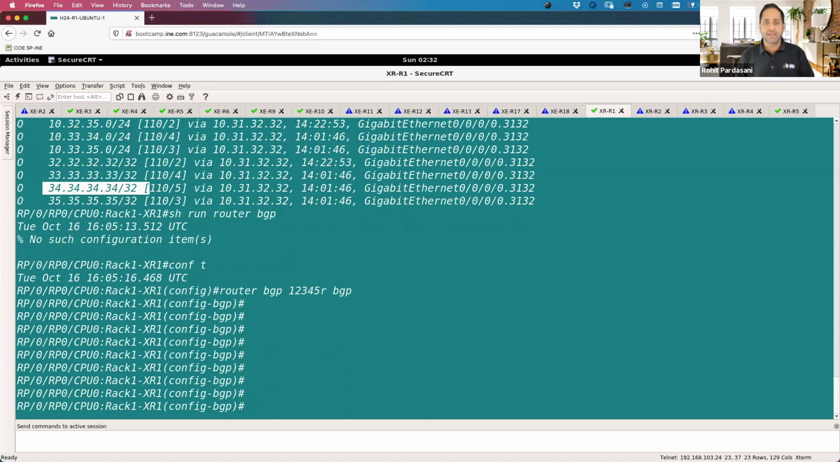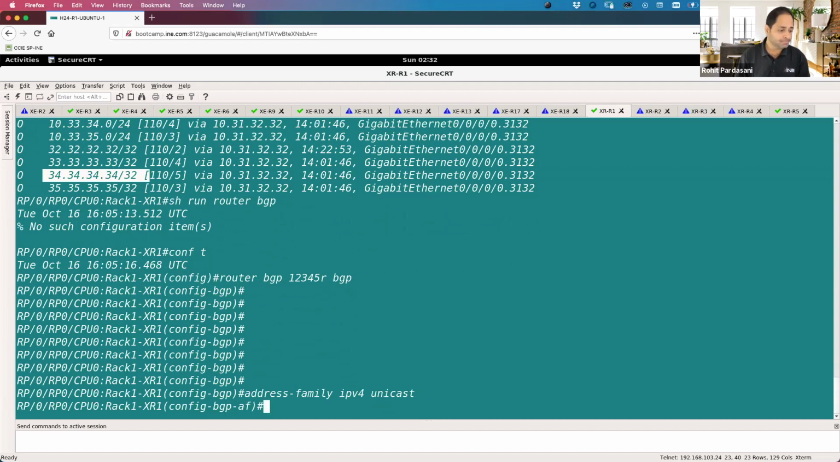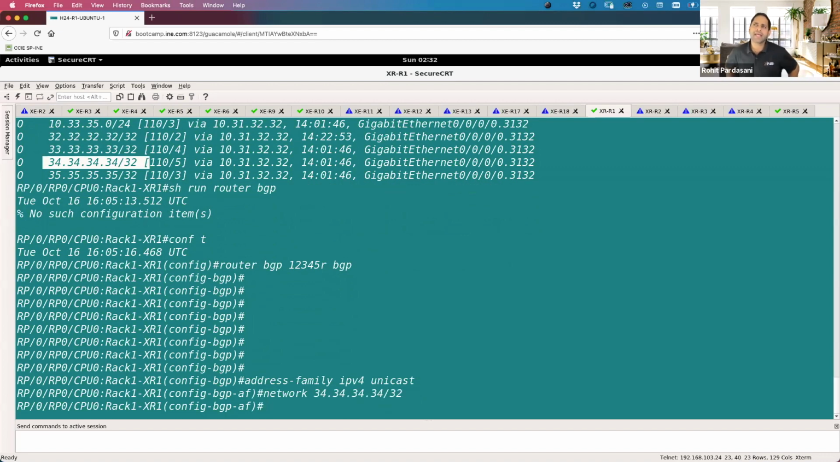What's the thing that I need here? So first, address family IPv4 unicast, activate IPv4 unicast globally. That's the first thing. Then I would say network, advertise 34.34.34.34/32. And you remember we did one more thing. We did send label on